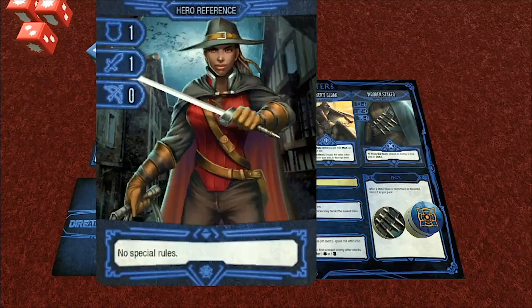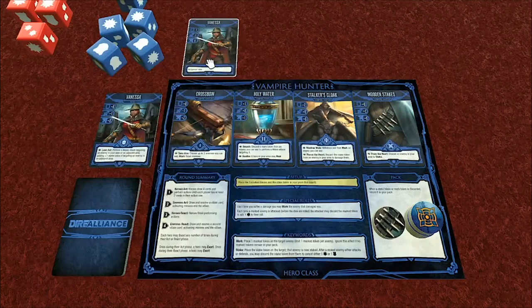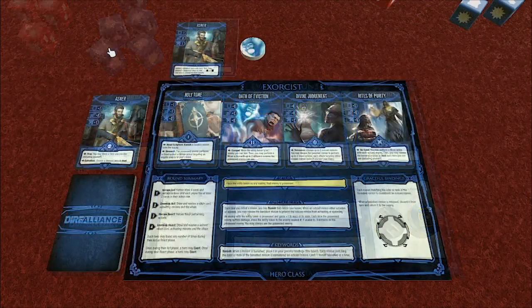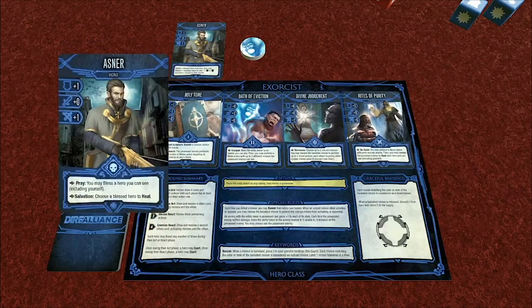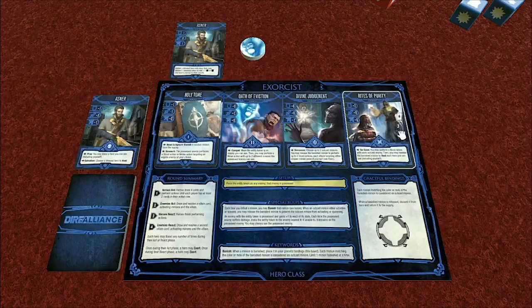Plus the main identity reference card here, which is going to give our basic statistics. That's 1 shield, 1 melee attack, and 0 range attack, and any special rules, which we don't have any of right now. Our other hero class combination is Asner, and he is an exorcist, so he's got his 4 cards